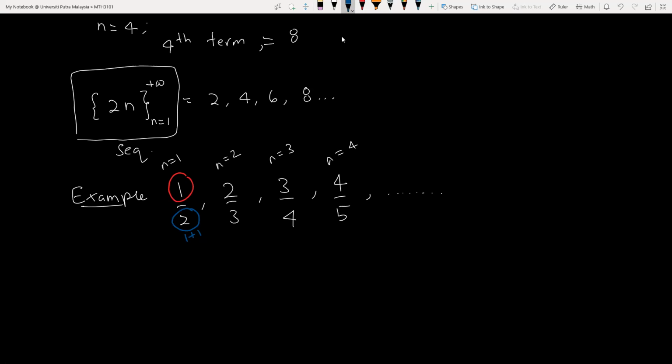Okay, let's see the next one. The numerator is equal to 2, which is equal to the number of the term. But this one, 3, is 2 plus 1. And let's look at the third term: the numerator is also equal to the term number. You just add